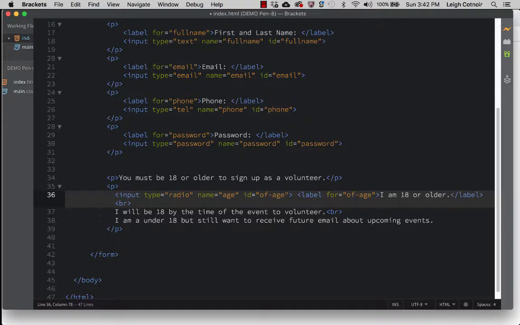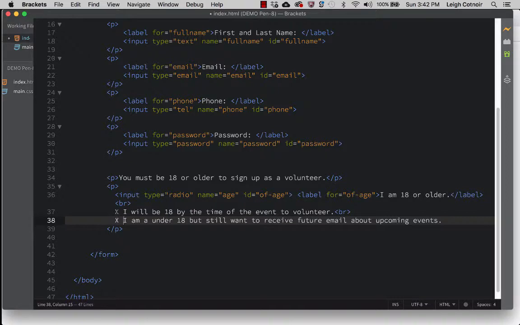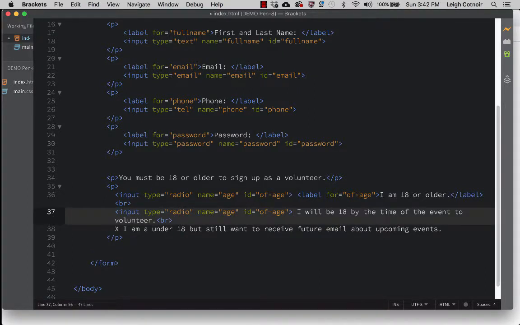And then the next input is going to be right here, and if you pretend like there's an X at the beginning of each one of these, you could take that where the input is and just put it there. I'm going to actually copy this input because it has a lot of what I need. All right, and I'm going to copy that, and I'm just going to paste it. I'm going to change the things that are necessary. Okay, it's still an input type of radio, and here's where it gets a little bit trickier with radio buttons. Remember up in the text input areas and the email and telephone and password inputs, I told